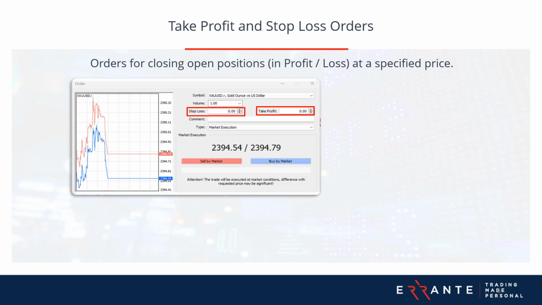As you can see in this example on the left, a stop loss order is set below the current market price for a long position to limit potential losses, and for short positions, it would be set above the current market price. And the key benefit of a stop loss order, as highlighted on the right,